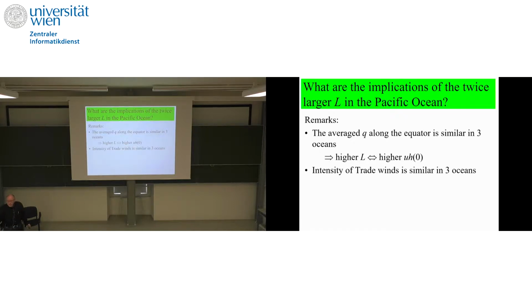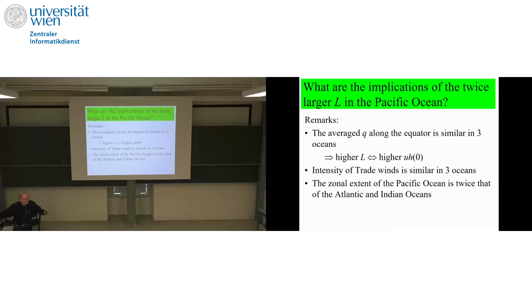So intensity of wind is the same. Rate of evaporation is, again, the same to within, I don't know, 10%. What's the difference between the Pacific and the Indian and Atlantic Oceans? The only difference is the size. We know that the Pacific covers about twice as large a zonal extent compared to the Atlantic and Indian Oceans. But how does the size enter the issue of wind-driven fluxes? So what I'm trying to propose is that if you stick to the wind-driven westward flow on the equator, you can't explain the observation of twice as large evaporation length. However,